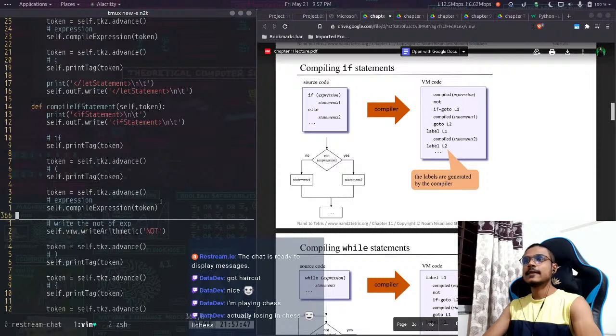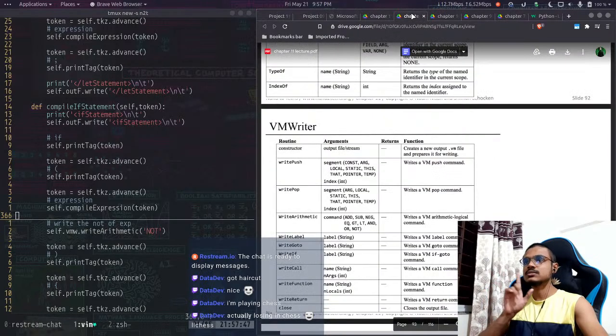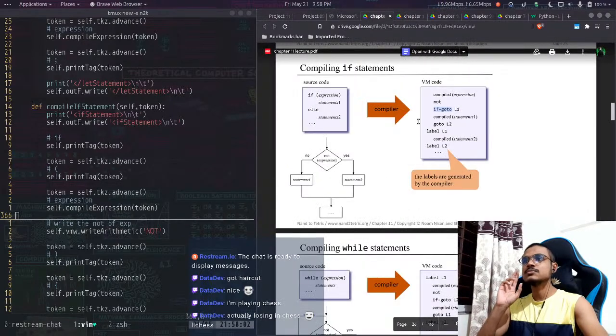Okay, and after that we have to call if code, so we need to call write if, but now comes the question, what should be the label